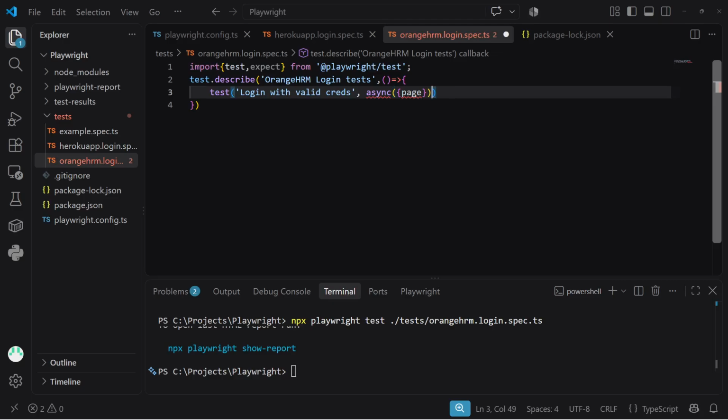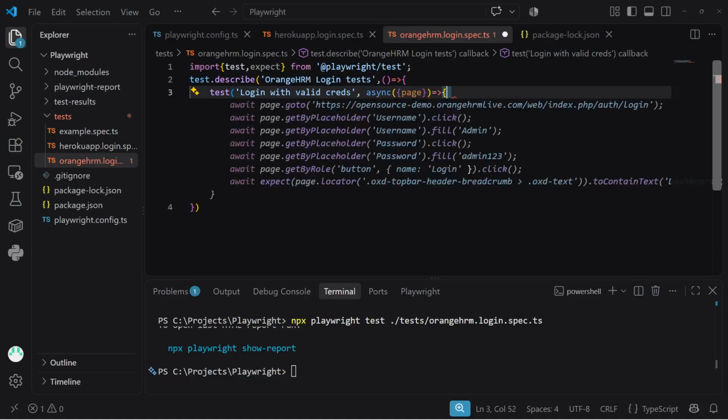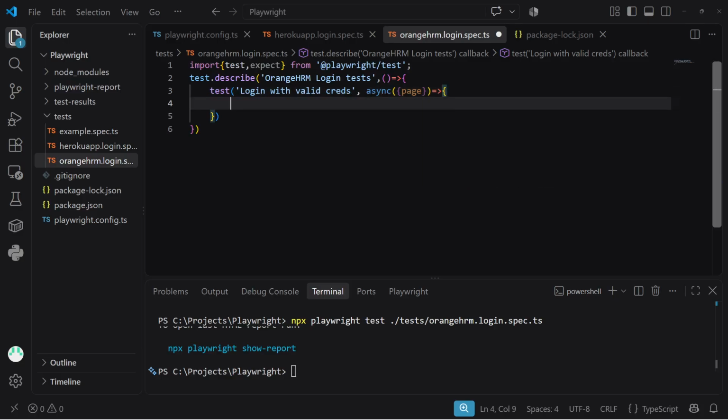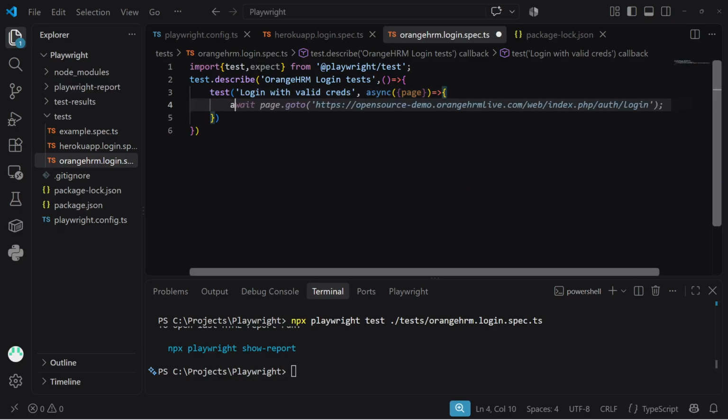So arrow operator again, and all these Playwright operations are asynchronous, which is why we are putting this async function here, and inside which we are passing the page fixture as a parameter. Okay, so this is the block,